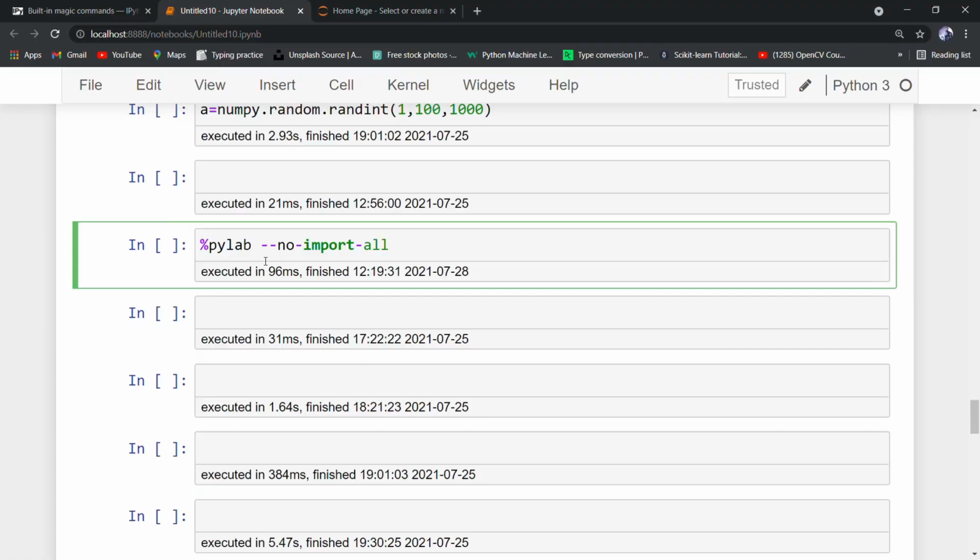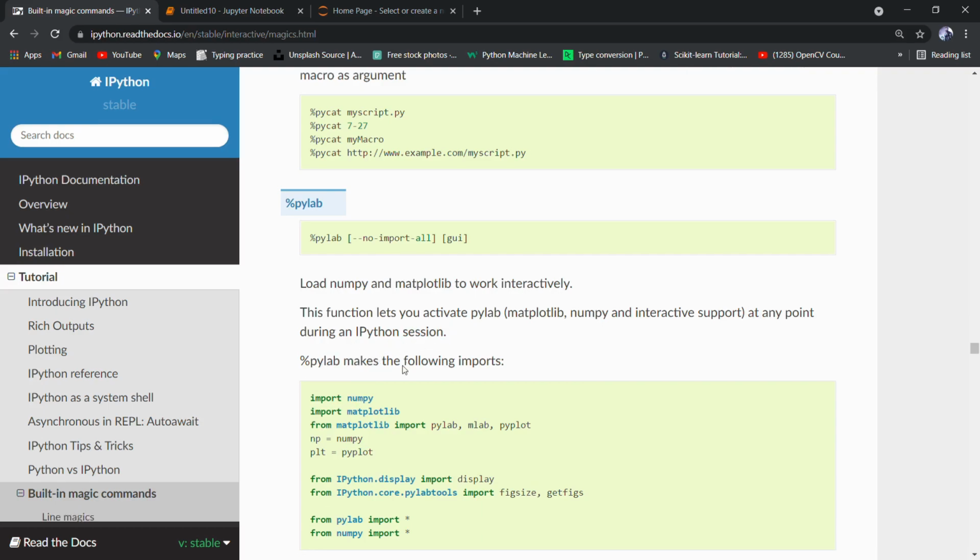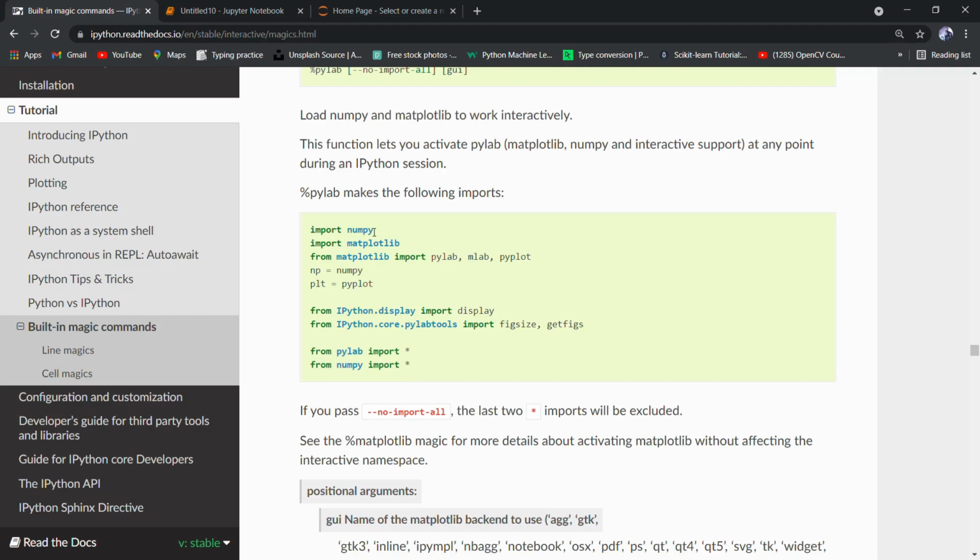The next magic function is pylab. So let's see its documentation. Load NumPy and matplotlib to work interactively. This function lets you activate pylab, matplotlib, NumPy, and interactive support at any point during the IPython session. Pylab makes the following imports: NumPy, matplotlib, and then from matplotlib, pylab, mlab, and pyplot.